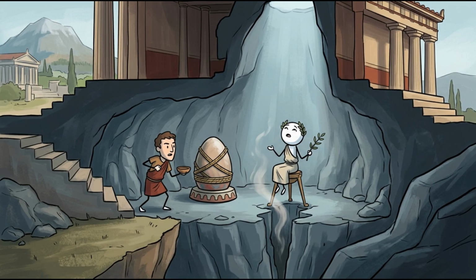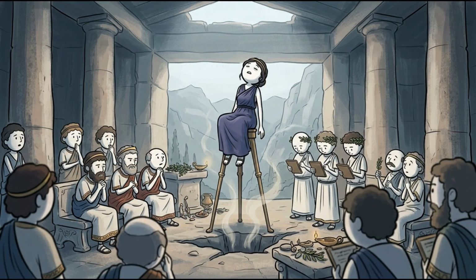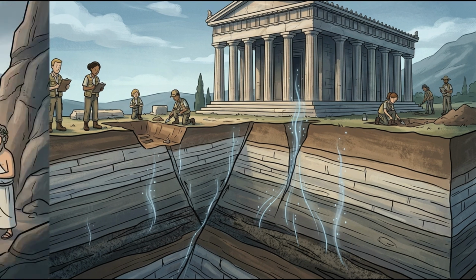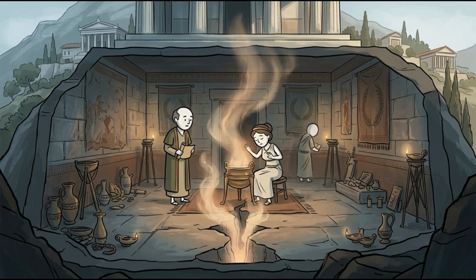Spring water sampled from the immediate area of the temple and travertine deposits formed by ancient water flow through the temple's foundations tested positive for methane and ethylene. Ethylene is the detail that turned a geology paper into a reopened case for the Pythia herself. In small, carefully controlled concentrations, ethylene gas produces a light, euphoric, disconnected trance state, historically used in exactly that concentration as a surgical anesthetic before it was replaced by safer compounds, and it carries a faintly sweet smell, matching Plutarch's